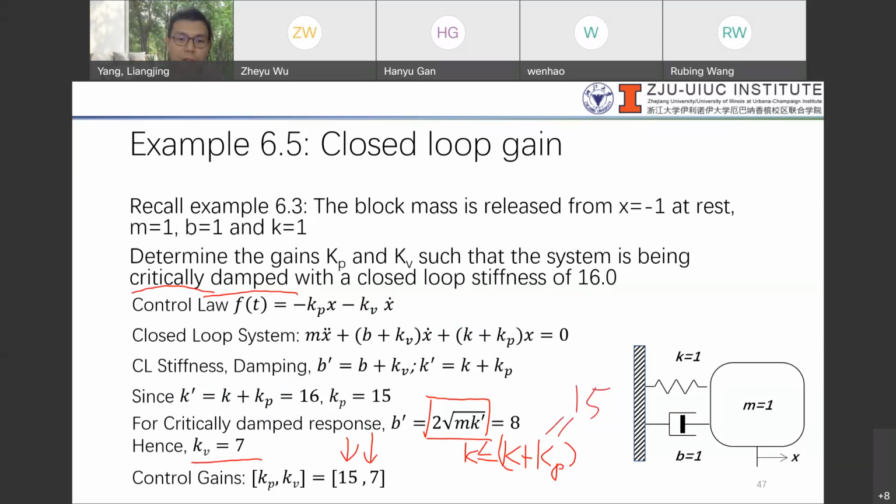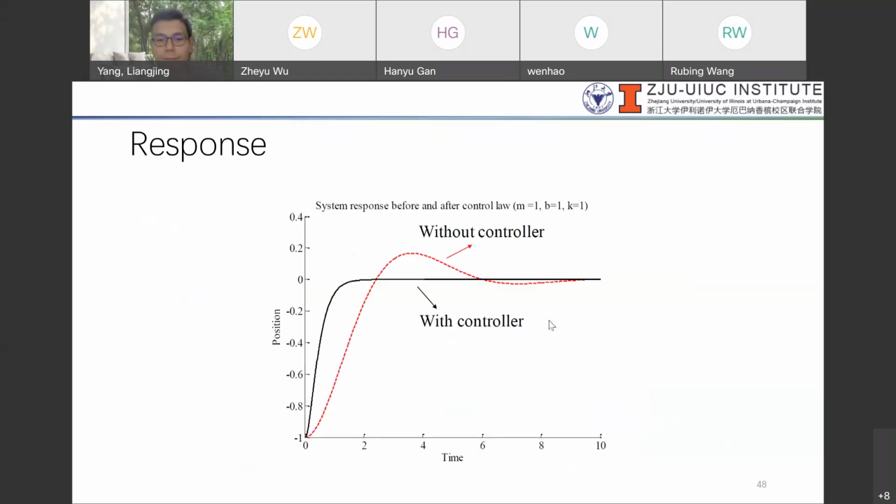So this should actually be example 8. So previously when we did it without the controller, say we give an initial displacement of -1, and remember x0 equals -1. The system will actually behave like the red dotted line, right? But now that we put in our kp and kv,